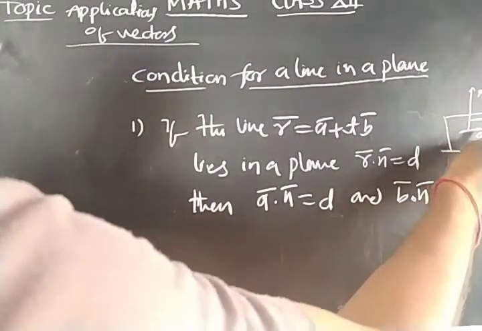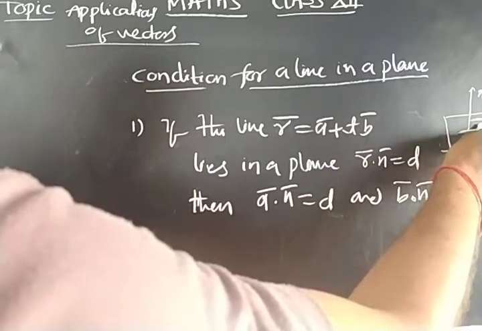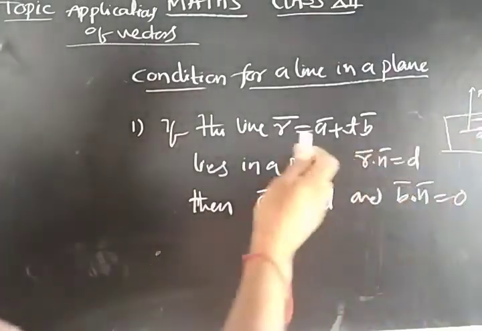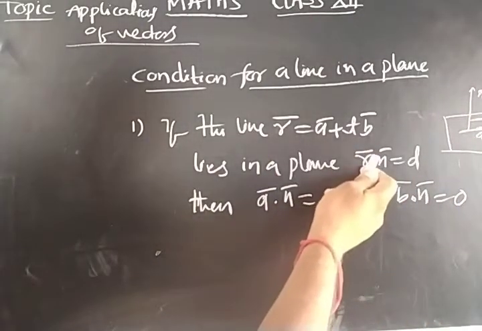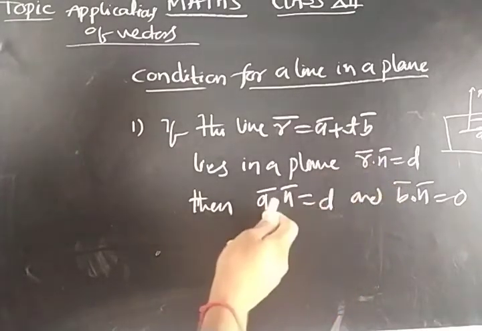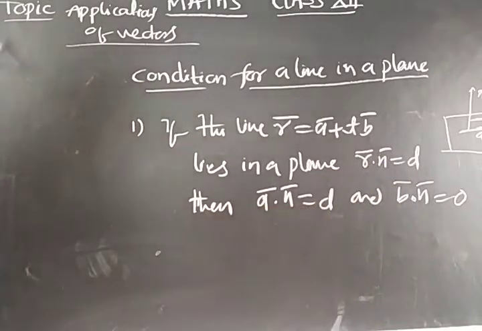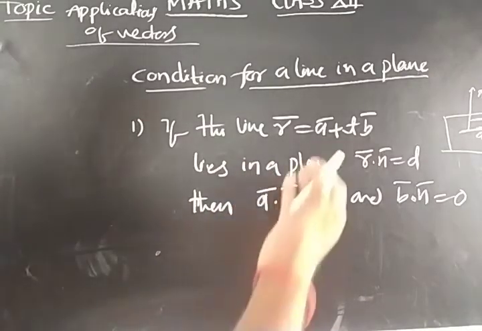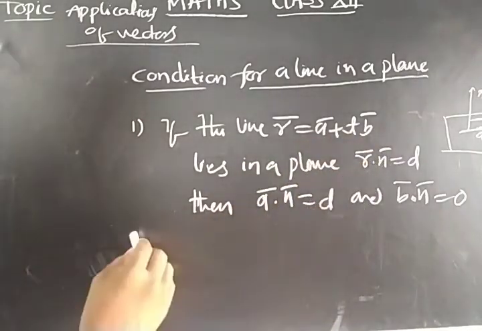And a bar is the position vector of a point. This point lies on the plane. So that's why in the plane equation, in place of r bar, we are substituting a bar. It should satisfy the plane equation, so a bar dot n bar equal to d. So this is the condition when the line equation is in vector form. Now the second one,